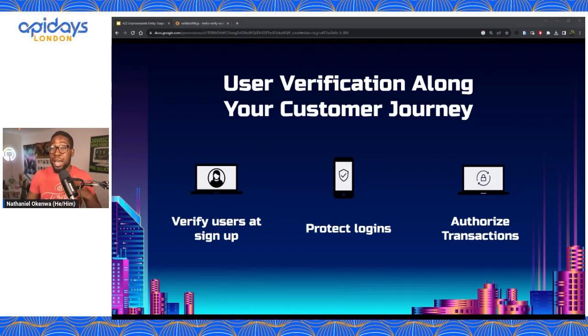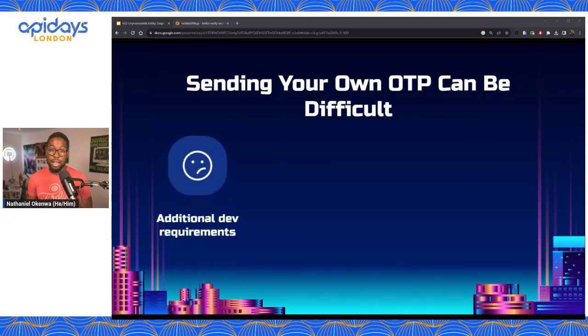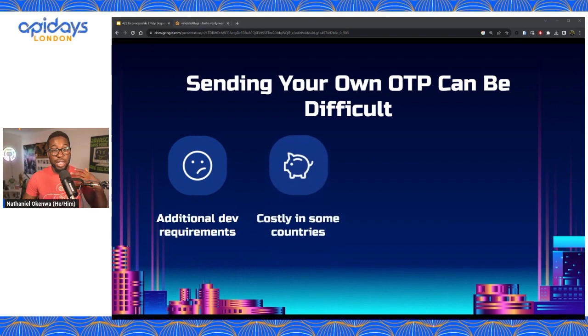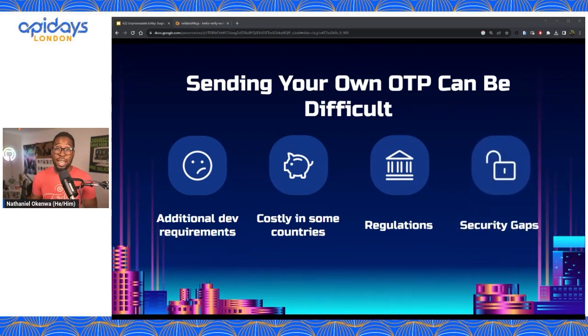And you may be right, but it's not actually that easy because building your own one-time password infrastructure can be very, very difficult. There's additional dev requirements that you have to add. Also, it can be costly in some countries, especially if you're working on a global scale. There's lots of regulations in different countries, and then also there can be security gaps.